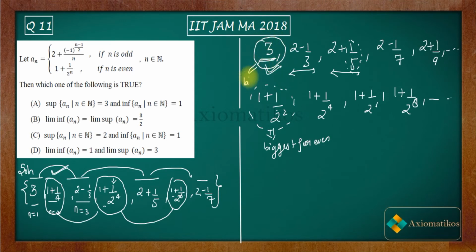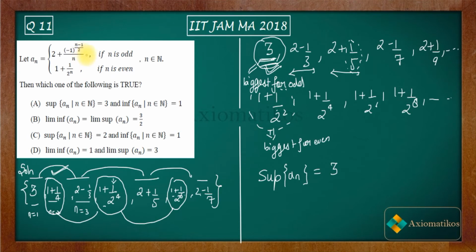So that means this will be the biggest for the whole sequence, because you can write your whole sequence in terms of even as well as odd, and no term will be missing. So from here you get that the supremum of the sequence a_n is actually 3. Are you getting my point or not? Now let us proceed.